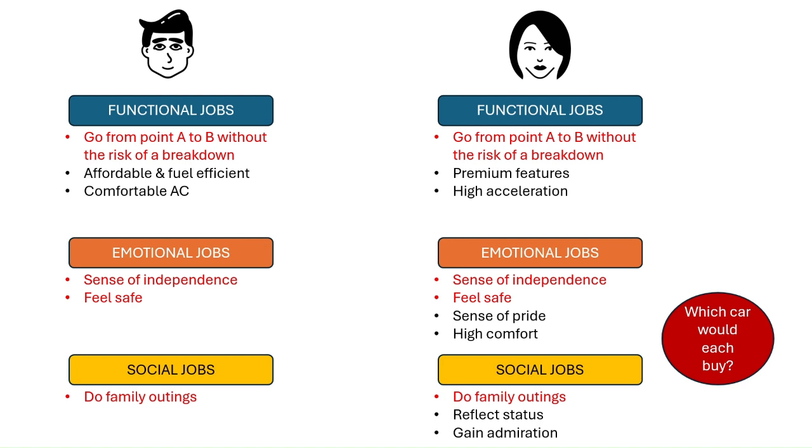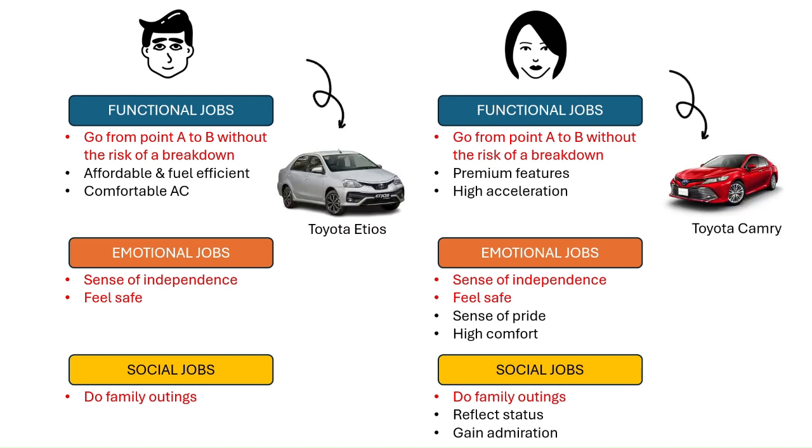So for example, if you consider person A, he may buy fuel efficient cars or a bike, something like that, right? If you consider person B, he may choose some high end model. He doesn't care about the mileage and all. He feels that the product should have a brand, right? So for example, person A may take a Toyota Etios, and person B may take a Toyota Camry. So from person to person it may change, right?